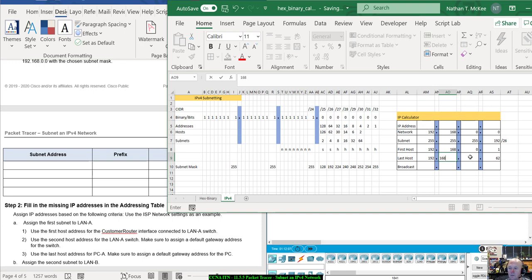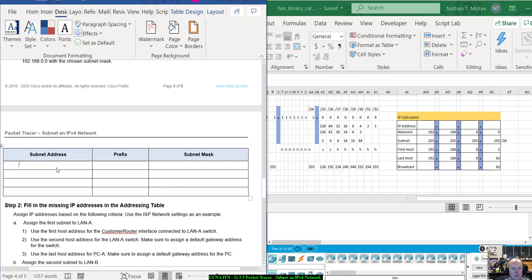168.0. All right. Now the only thing that's going to change, all these will be exactly the same. The only thing that's going to change is going to be that. So broadcast. Remember, it's always odd. And if you notice, each subnet is going to have 64 possible addresses. So 0 plus 63 is 64. So our first subnet address,